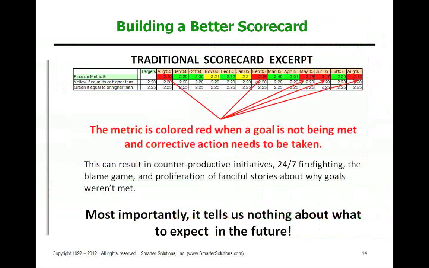So in the example I was talking about, commuting from home to work, we need to take action because it took us 34 minutes and it didn't achieve our goal, 33 minutes. What can happen is we can really lead to a lot of firefighting, or then we start making up reasons why it took a little bit longer, or observations, and we're reacting to a lot of common cause variability. And in addition, it does not tell us anything about the future.